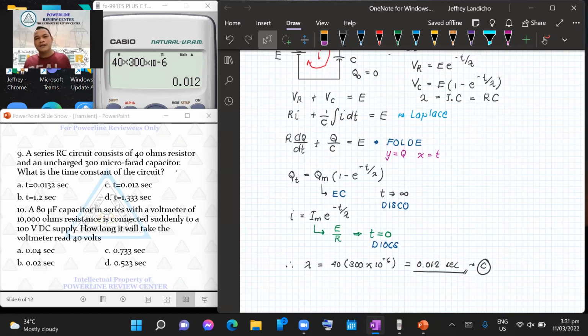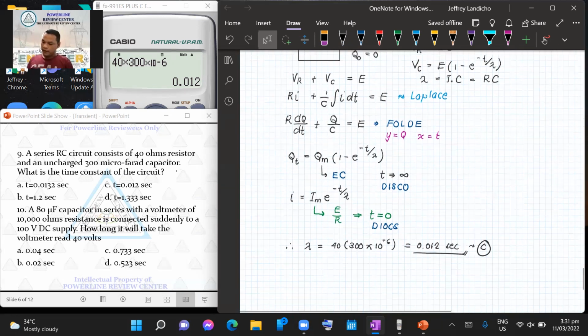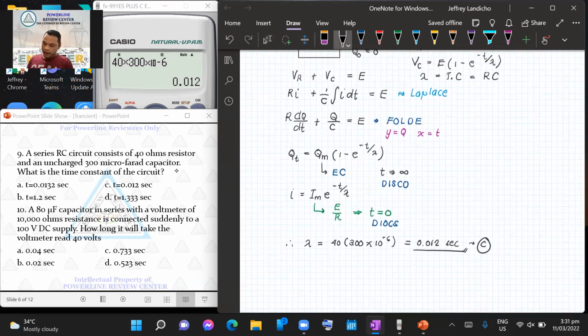So, magkaiba ang time constant ng RL at saka ng RC. For RL, L over R. For RC, that is just the product of R and C. Okay? So, number 10. For number 10, an 80 microfarad capacitor in series with voltmeter of 10,000 ohm resistance is connected suddenly to 100 volts DC supply. How long will it take the voltmeter to read